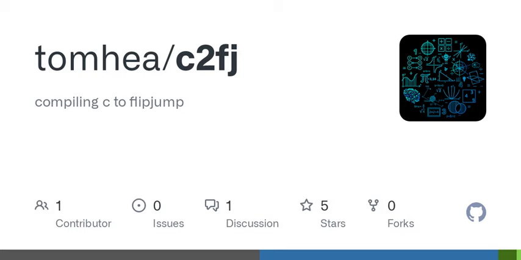As we wrap up, let's reflect on the impressive journey of c2fj. From compiling C to RISC-V and then to flipjump, it highlights the beauty of transformation in technology and programming. Next time you write that piece of code, think about the incredible journey it undergoes. So for our listeners, what are your thoughts on the potential of new programming paradigms like flipjump? Do you think we'll see more compilers,